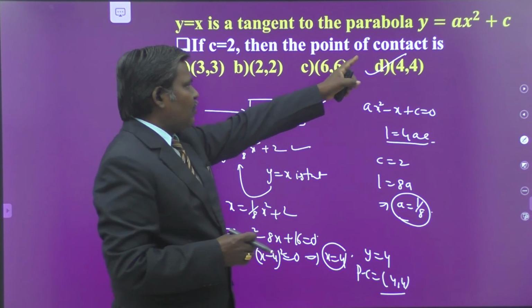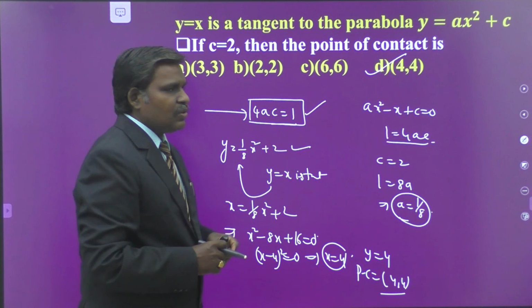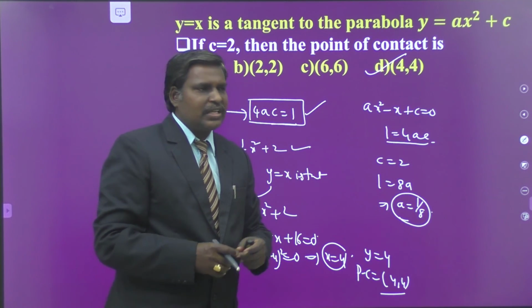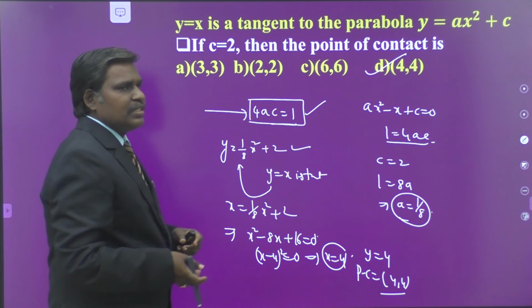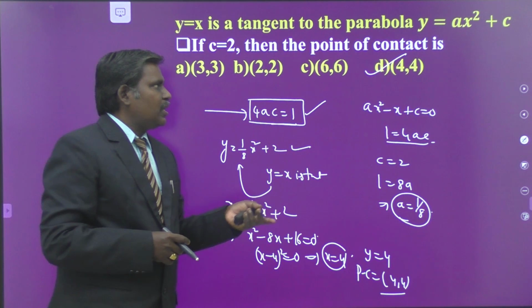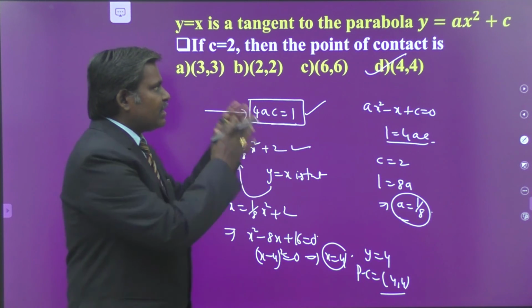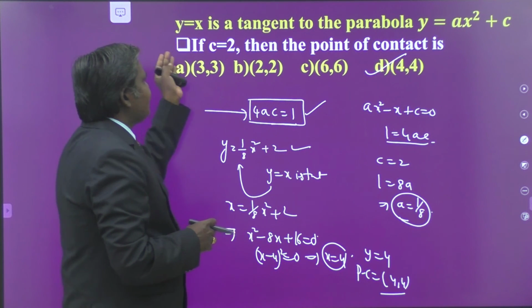Suppose it is a well-known curve, you can apply the conditions directly. Suppose it is of the form y square equal to 4ax, you may apply directly c equal to a by m. If it is an ellipse, you can apply c square equal to a square m square plus b square. For a hyperbola, c square equal to a square m square minus b square. But that is an unknown curve. So some unknown curves are known to you, and one line is tangent to that one.